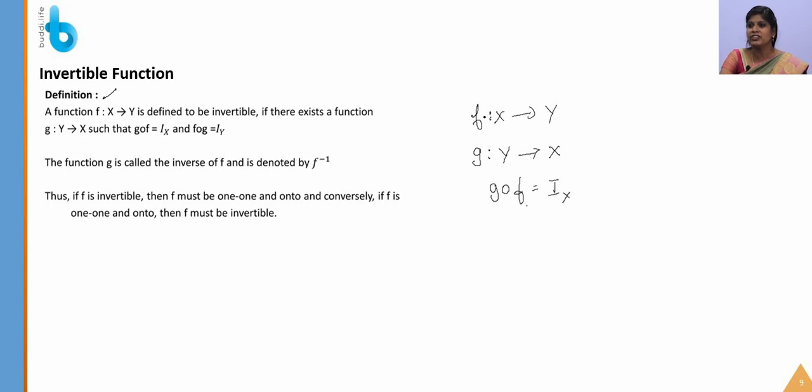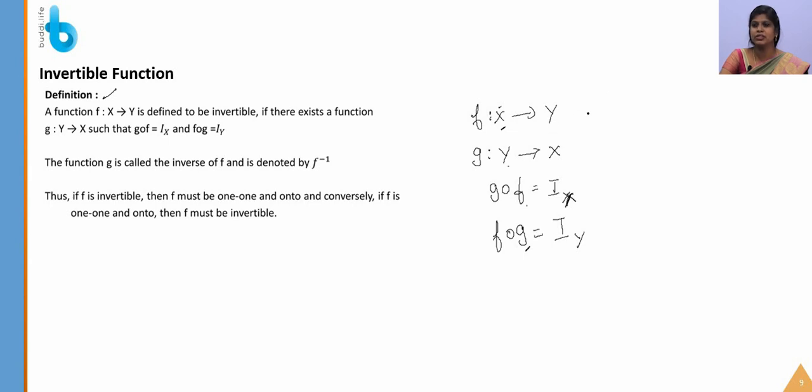What is the domain of f? X, right? So, in the domain there should be the identity element, that is g of f of x should be the identity element in the domain of f. What is the domain of f? X. So, the identity should belong to this X. On the other hand, f composite g should be equal to identity in the domain of g. What is the domain of g here? Y. That is, the identity we get should belong to the Y. Then we can say that f is invertible.